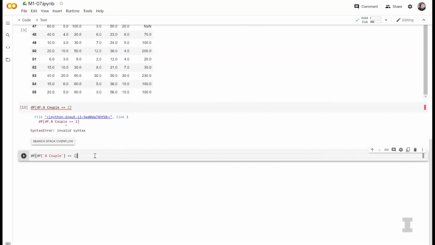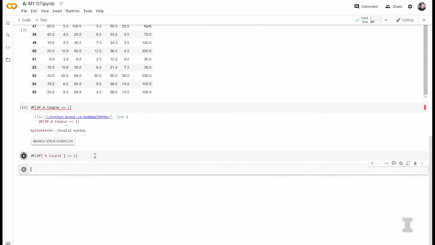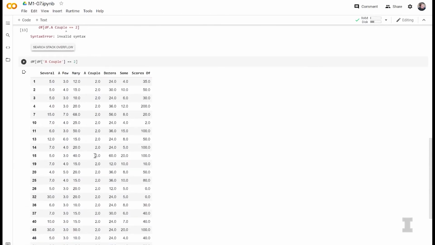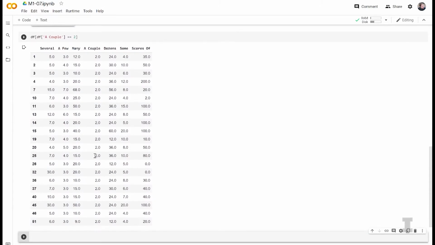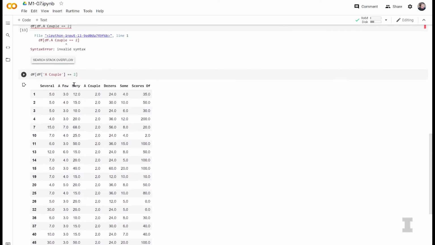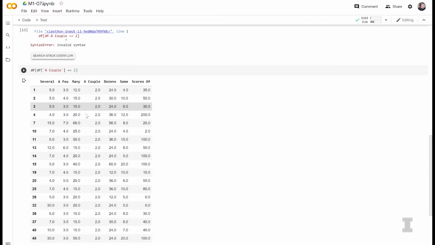So this is going to see where everyone in the data set that's currently stored in the variable df, looking at the column a couple, is equal to 2. So Carly, if you type this up in code, what do you see? So no more syntax error, and I see 21 rows where a couple is 2.